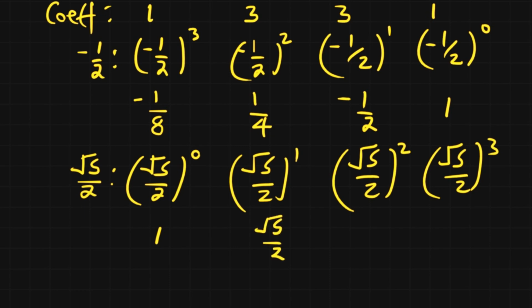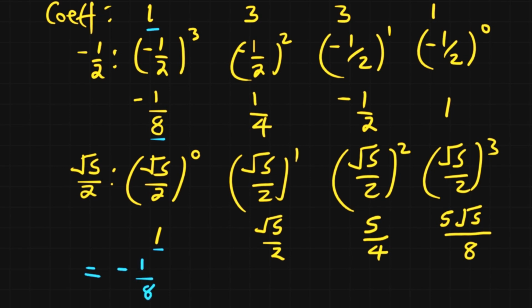Here we have root 5 squared over 2 squared, that is 4. And here we have 5 root 5, because when you cube this, you should get 125, which is 5 root 5, then over 2 cubed is 8. So now what we're going to do is multiply from here downwards. So we're going to have 1 times negative 1 over 8 times 1, and that will give us minus 1